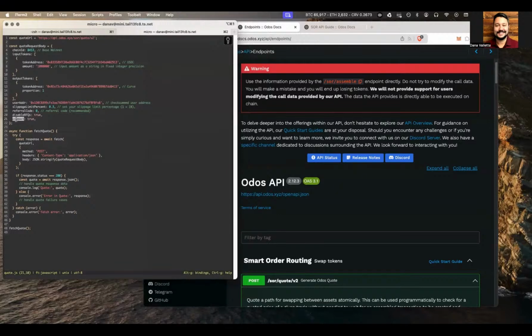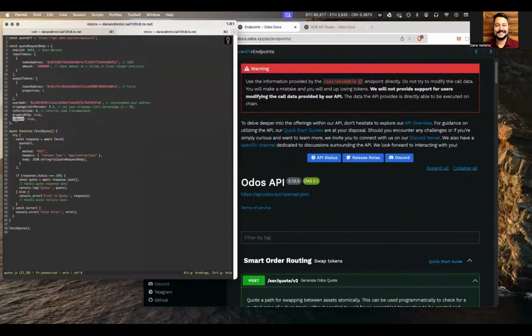Compact is a parameter that could be very useful to you. By default, we compress the parameters and call data to save on gas. So that's why compact is set to true in nearly all cases. However, we could disable that compression. It's not going to decode the call data in flight for you.